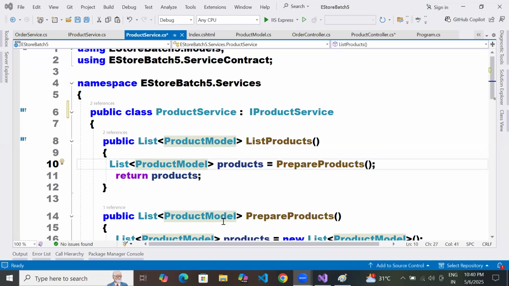Yes, you are right. See, Anjali, you have product service inherited by order service. In order service you have 2 methods. In product service you have 3 methods. When I create an object for product service, how many methods can I access?